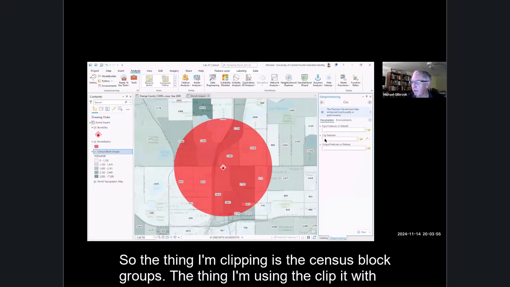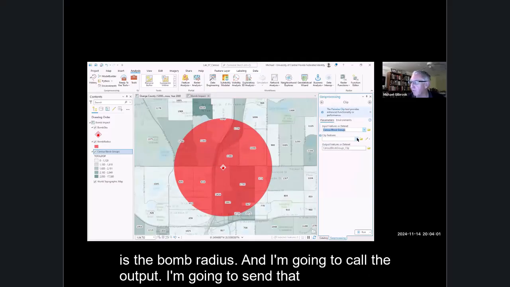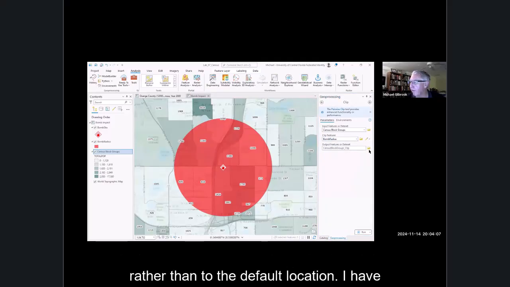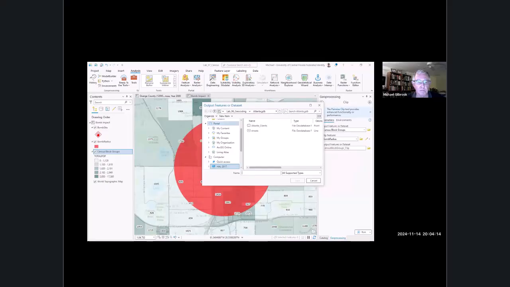The thing I'm clipping is the census block groups. The thing I'm using to clip it with is the bomb radius. And I'm going to send the output, rather than to the default location,